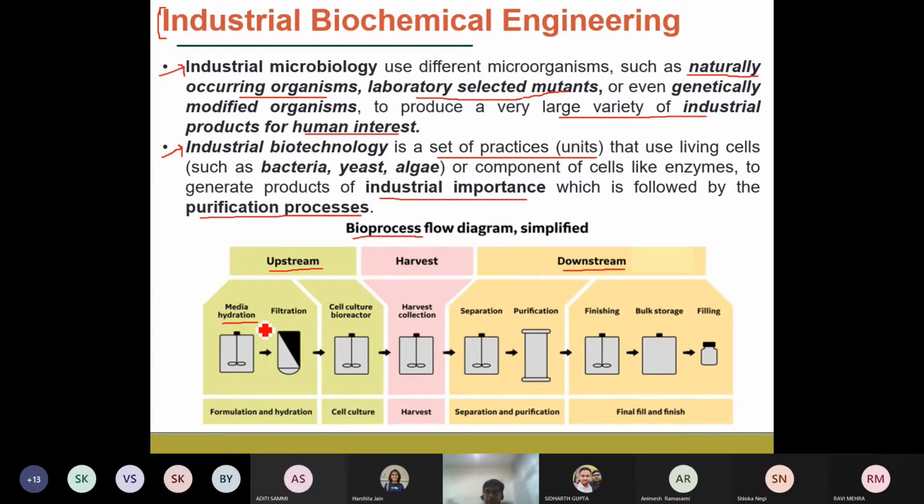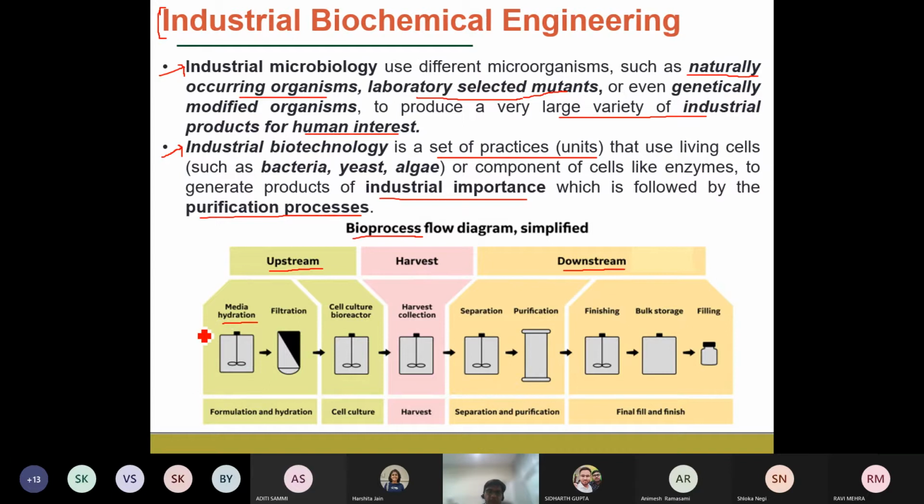Okay, and what does it contain? Like we require food for our daily activities, similarly, microorganisms require food. And what are the major food components? That is the carbon source. For example, glucose and sucrose. These are the molecules which provide the carbon source to the microbes,